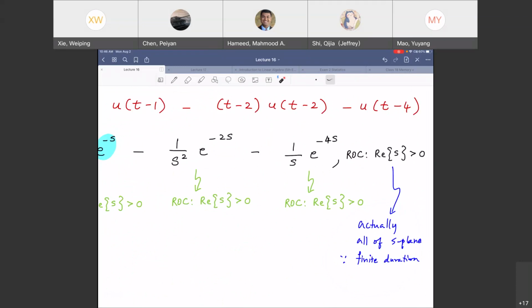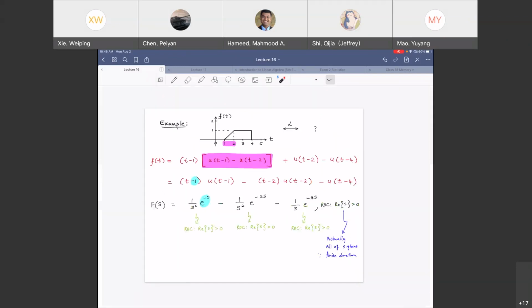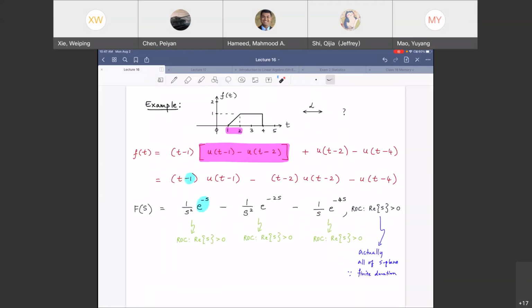In a couple of slides, we will look at a property where we will be able to say finite duration ROC has to be all of s-plane. So good catch there, yes. So we'll have a property. There's a mathematical proof as well, but we'll not do the proof to save time for other interesting things. Other questions? So given a sketch of a signal, are you able to find its Laplace transform, which includes both a function in s and its region of convergence?